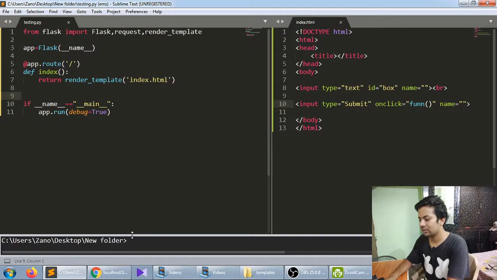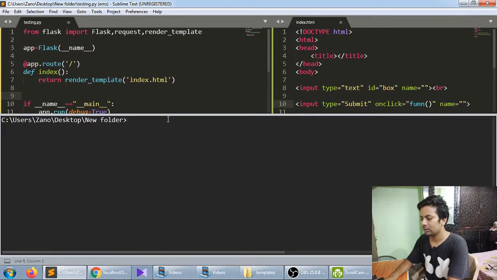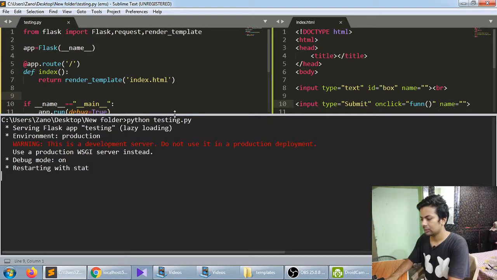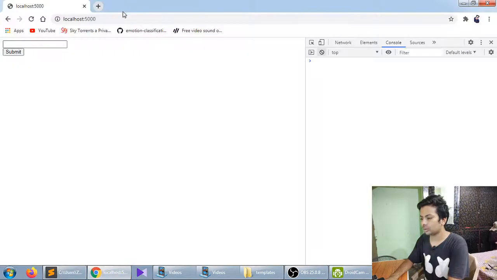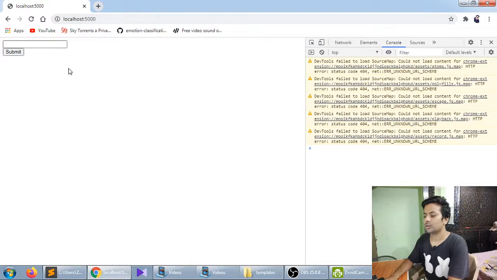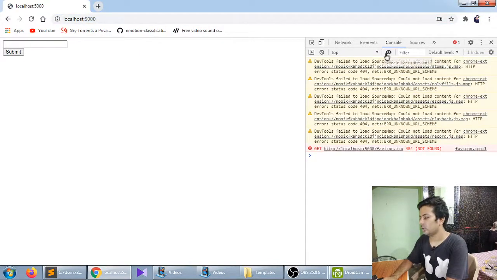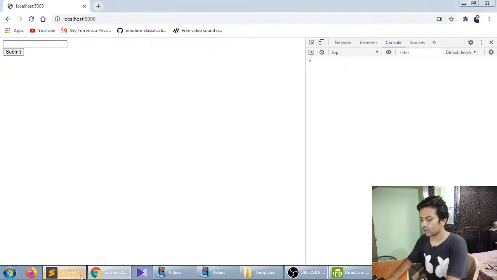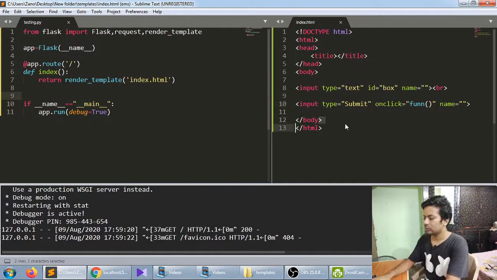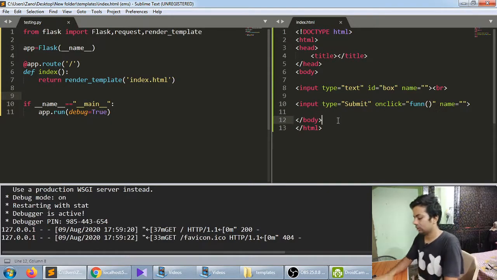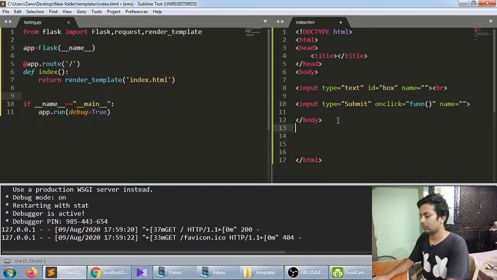Let's run it. Below is my terminal, so I'll run python testing.py. It's running on localhost, port 5000, and this is my console page. Now let's come to the main Ajax part, where we'll do our asynchronous loading.